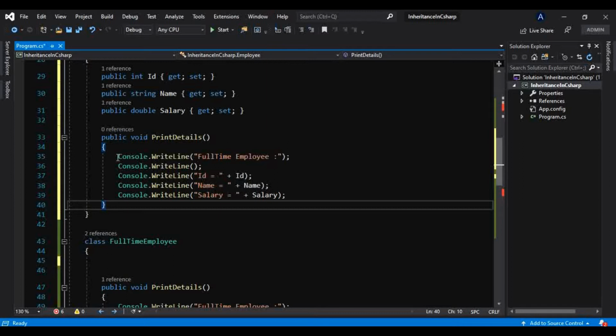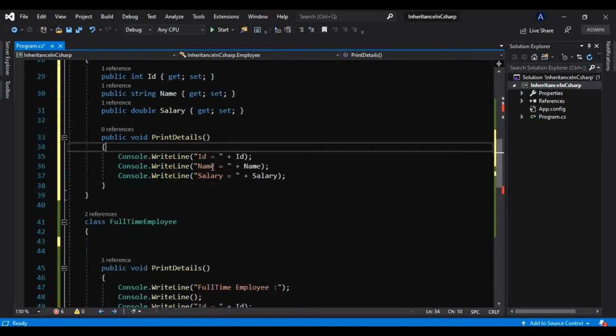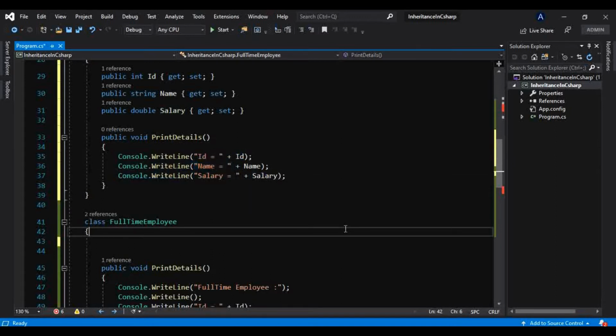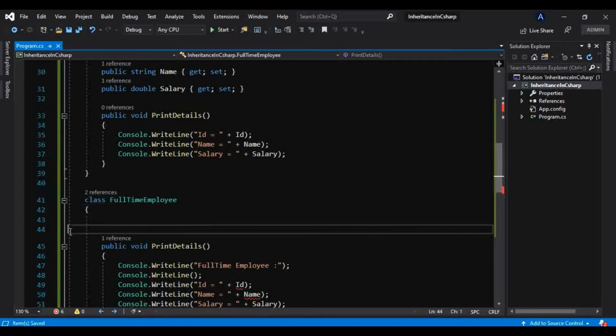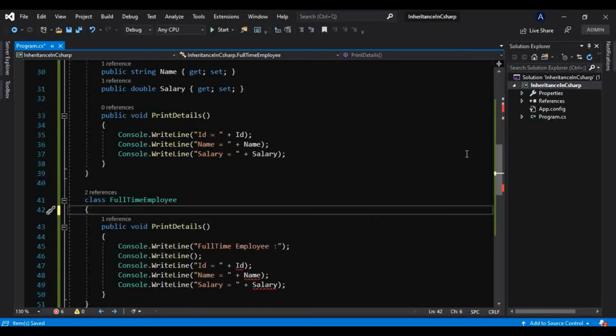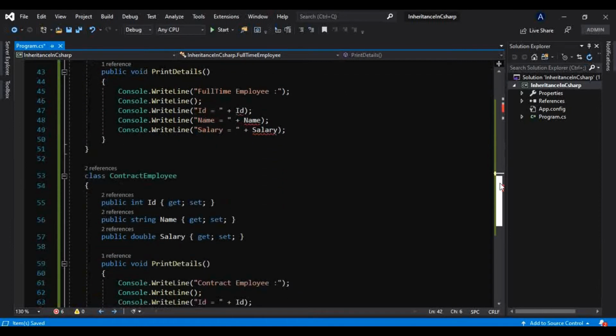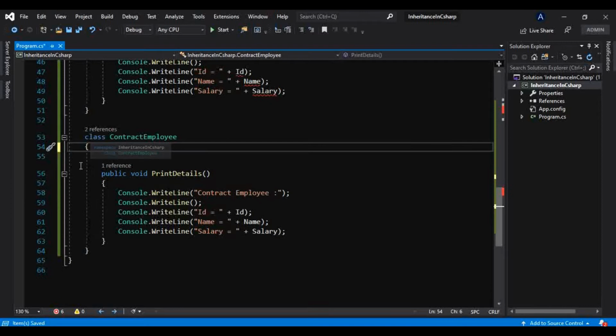And in here we don't do all this, we will just print these messages, that is ID, name and salary. Now I will get rid of this as well, because I have already put that into one base class.